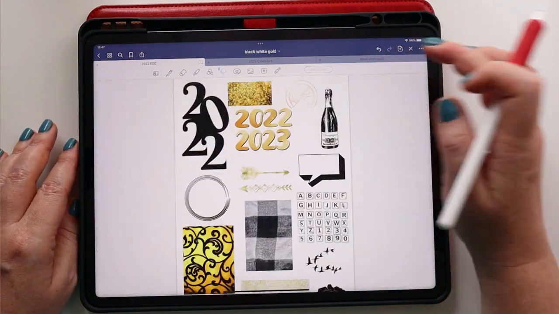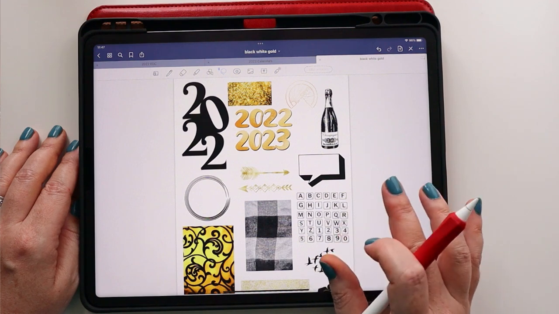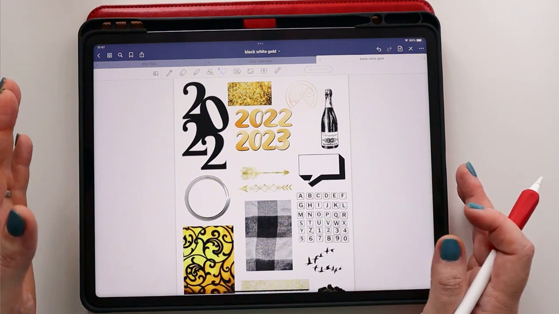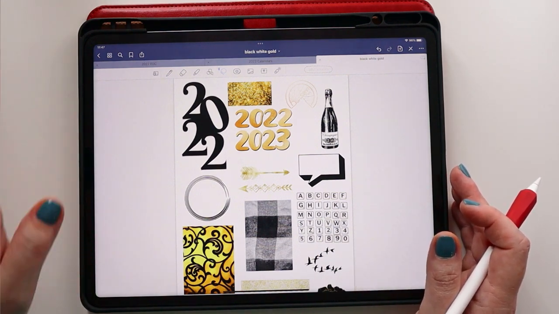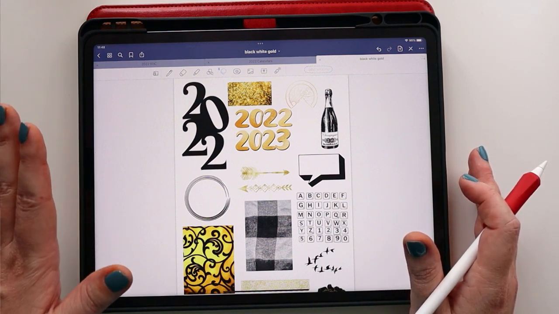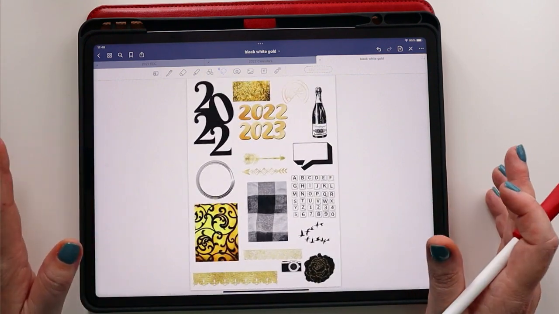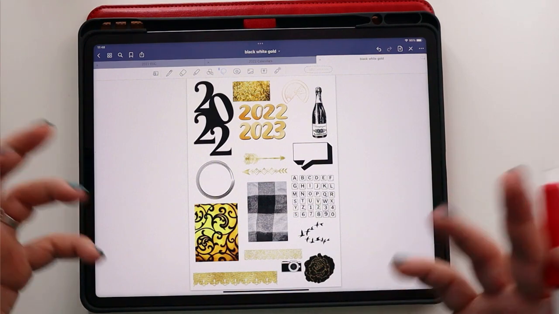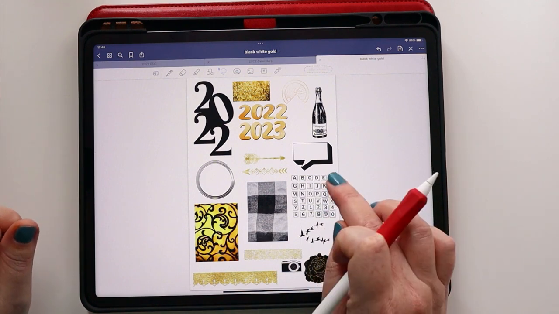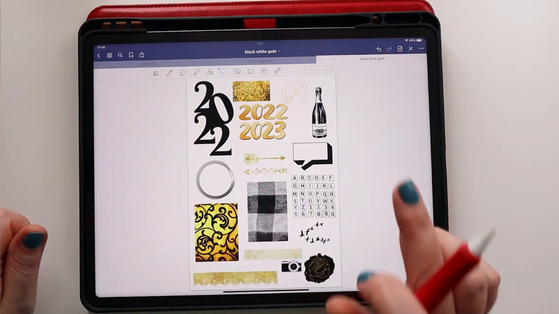All right, so I have a set of stickers that I have collected. I created a little sticker book, and the majority of these come from Pixabay, which is a site that offers copyright-free images. If you've watched any of my videos, you've heard me talk many, many times about how important it is to use copyright-free images versus just pulling things off of Pinterest. I feel like that's really important, and particularly because I'm sharing my planner with you all, I like to stay in copyright-free space. So I either purchase these stickers off Etsy from a number of shops, or